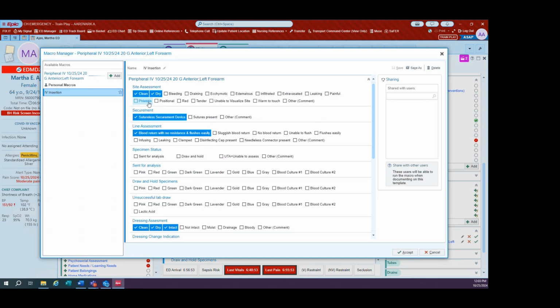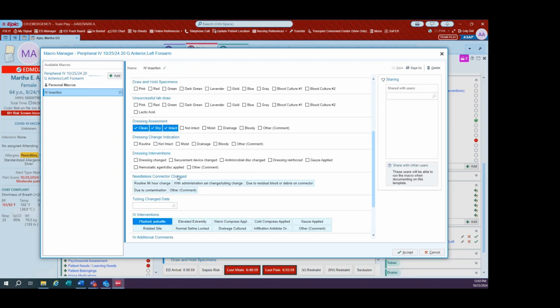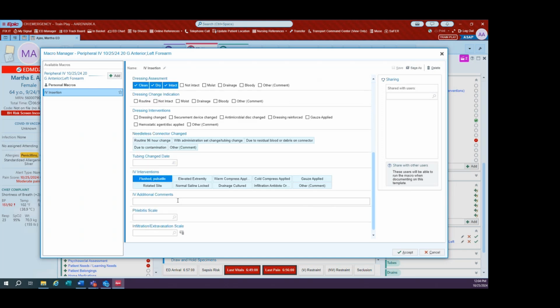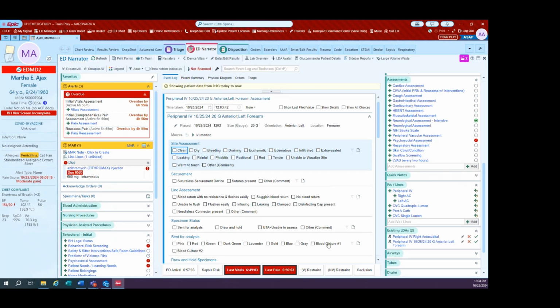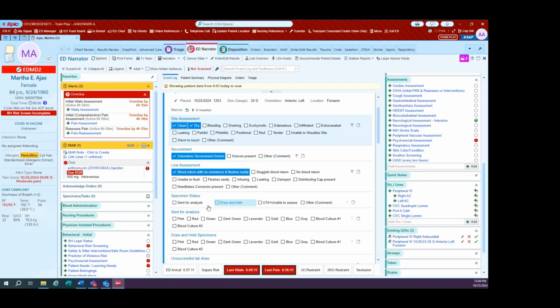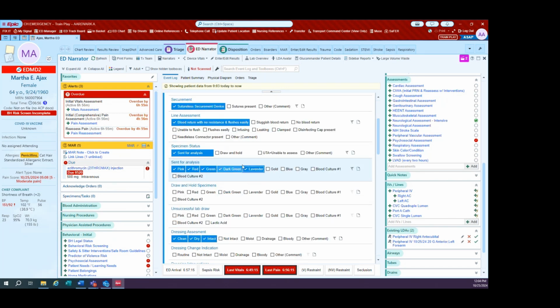This one is for whenever an IV goes rather uneventful, and it's pretty much going to be the same thing that you would document with a normal IV insertion. So you can see that my saved macro is already here. So if this was already created, I can simply click on that, and then I can add the additional things that might have been